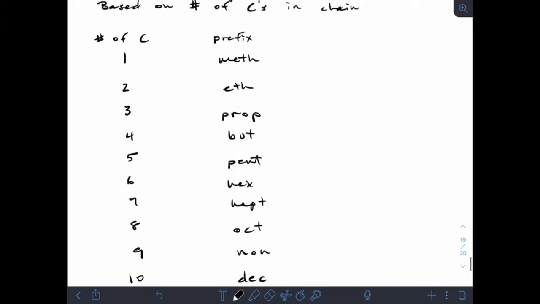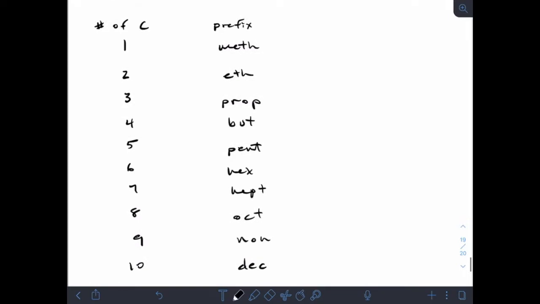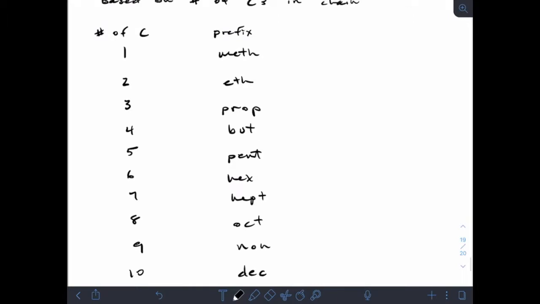Okay, so the only weird ones are the first ones. That's meth, eth, prop, and but. I wish I could offer a good mnemonic or something, but I just learned it by saying that over and over and over. Meth, eth, prop, but. And I still say it inside my head every time I have to do one of those. So the prefix tells us how many carbons,